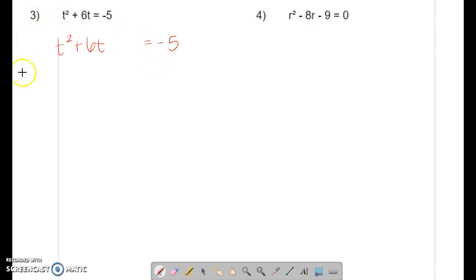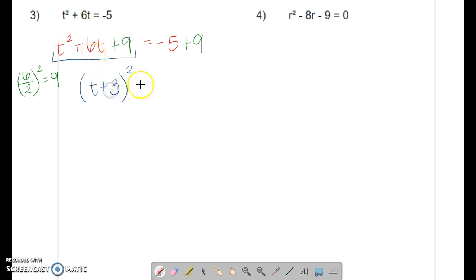To complete the square, we take half of 6, which is 3, square it. We know that that's 9. And we're going to add that to both sides of the equal sign. And the whole point of this is now we have completed a square, so this side factors to a quantity squared, and that's t plus half of 6, which is t plus 3, and then negative 5 plus 9 equals